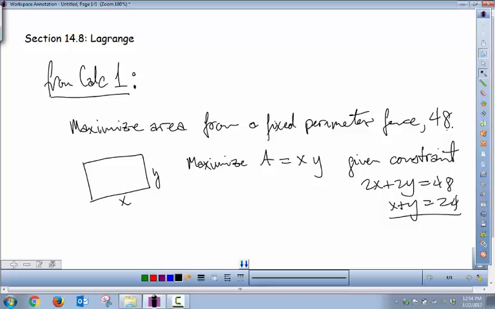So in Calc 1, what we needed to do was use a constraint so that we can rewrite the area as a function of just one variable. And then we would find the max and min and go from there. But we're dealing with a function with two variables, x and y, right? So instead of doing it the way we would do it in Calc 1, let's go to Calc 3 now,